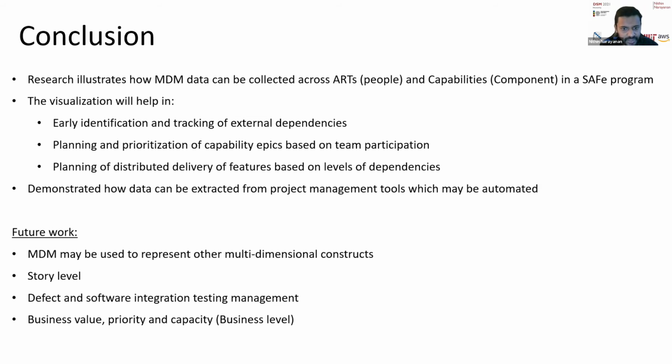Right now we looked at features, but a feature has various aspects to it, right? Such as business value or its priority capability. So we can represent the DSM not just based on the number of features they have dependency, but we can calibrate that based on the business value or priority and any other forms of information that characterizes a particular deliverable. So that concludes my presentation.